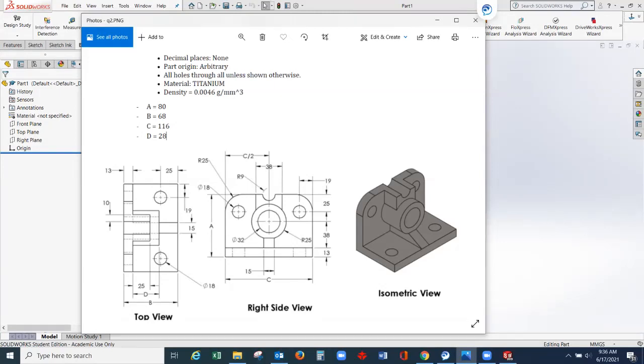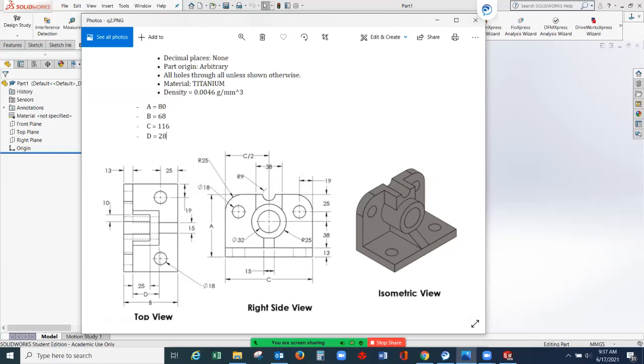Now from here, we can start our drawing in the top view. In the top view, we can start with a rectangle, giving the values of B and C. Then we need to extrude it by 13 to give the thickness on the drawing. Now on this value, instead of 80 millimeters, we can change this parameter, the value of A. In this example, I will use a 90 millimeter height for this value of A. So instead of 80, I will use 90.